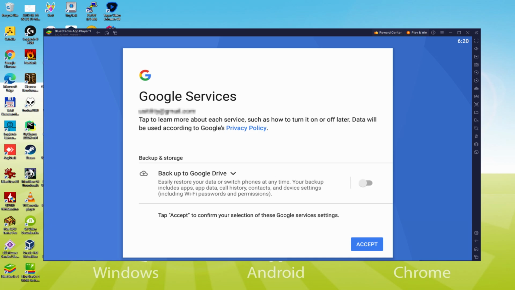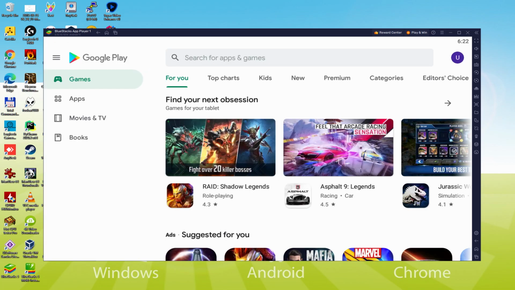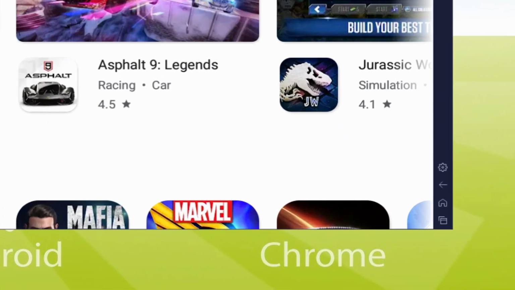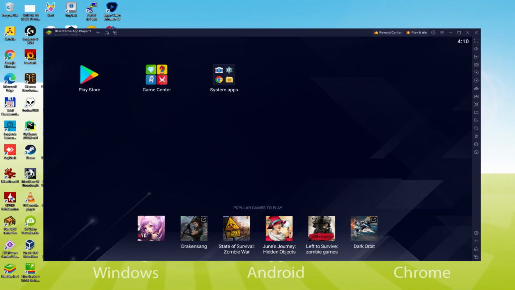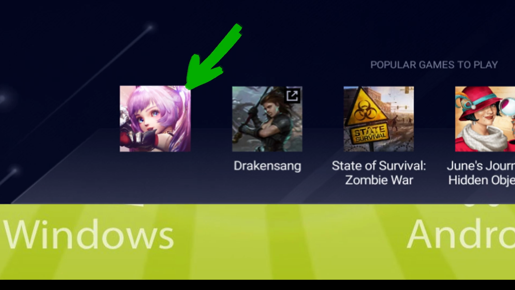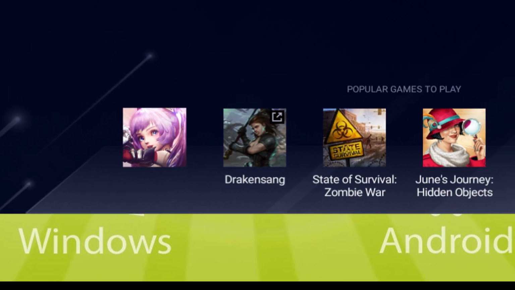I won't select it. You can use this option if you wish. We click on accept. The Google Play Store is launched automatically and immediately. To set up the video game, we are required to get to the emulator desktop by left-clicking that green-colored icon. At this point, as we are discovering the desktop of the Android emulator, we find right here the Install App Game option. We click on that button.